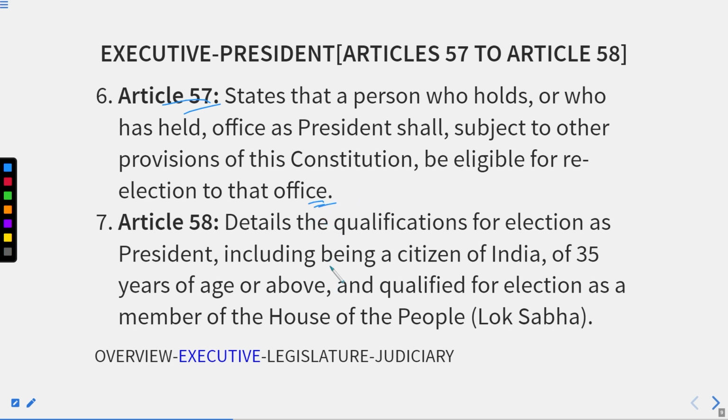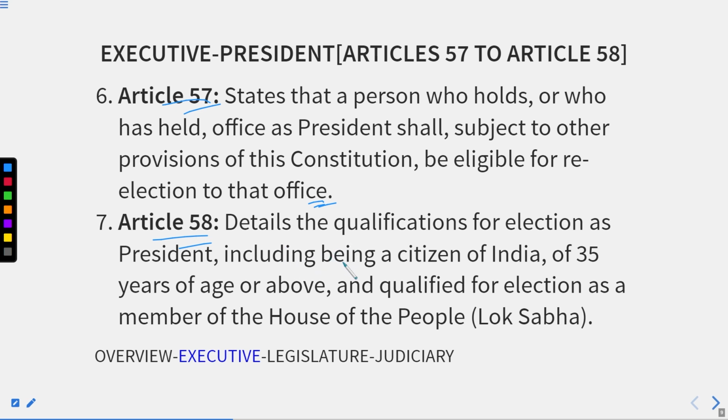It means that suppose Mr. X has been appointed as the president of India one time, he could be eligible to be appointed as the president another time as well. There is no restriction that the person could be appointed only once. He could be appointed the next times as well, and he is eligible for re-election, in other words. Thereafter, Article 58